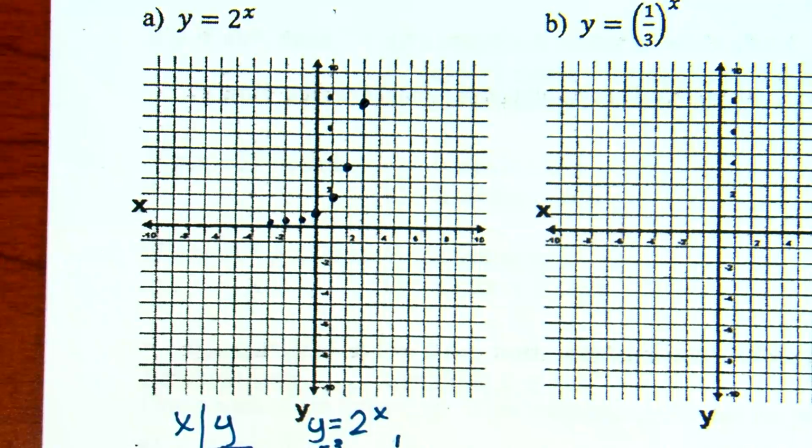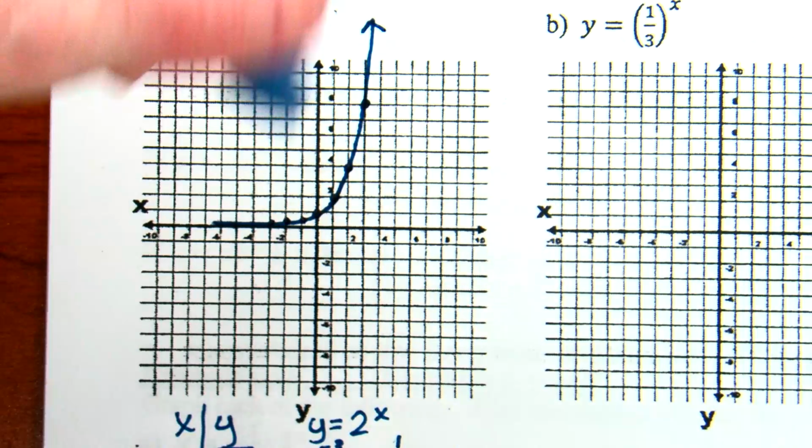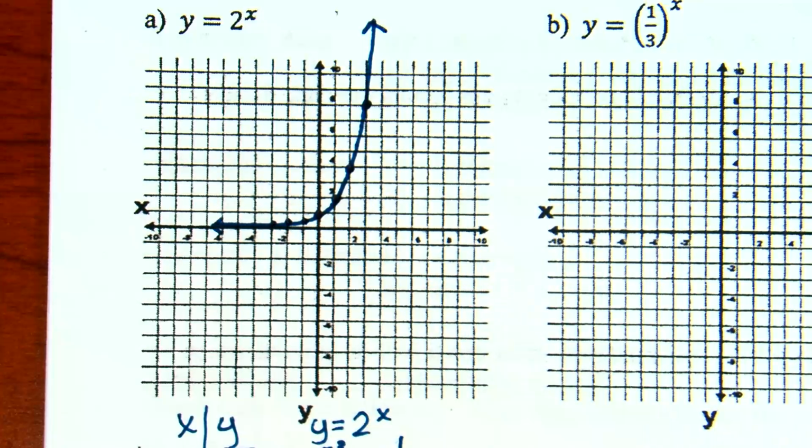Do you see the curve happening there? It's gradually going up on the left, and then once the numbers start getting bigger, it gets exponentially bigger. Now, this graph, along the left side, is this graph going to cross the x-axis? No. And the answer is no. It gets closer as your graph goes off to the left. Your graph is getting closer and closer and closer to the x-axis, infinitely so, but will never ever cross the